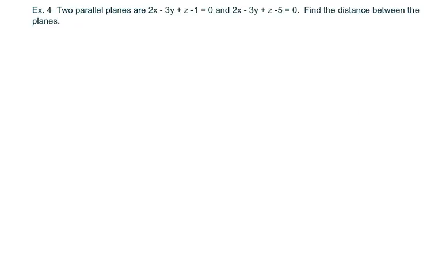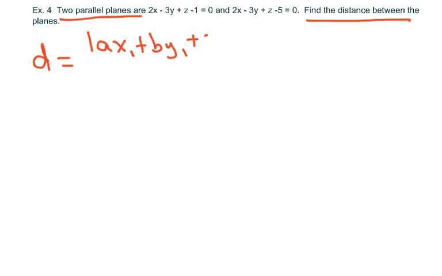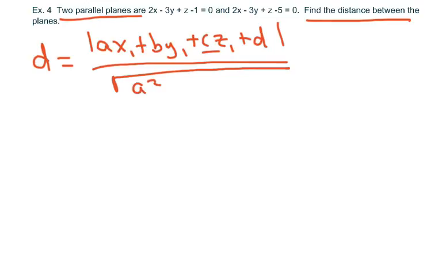Okay, and the last one, we have 2 parallel planes, so find the distance. So it's just going to be like our first formula, but we have another dimension. So that formula wasn't given earlier because I couldn't draw it very well, since I'm not a good drawer. So basically you're just adding this part to your original formula. And instead of C, we're calling that D, over square root of A squared plus B squared plus C squared. And what we get is